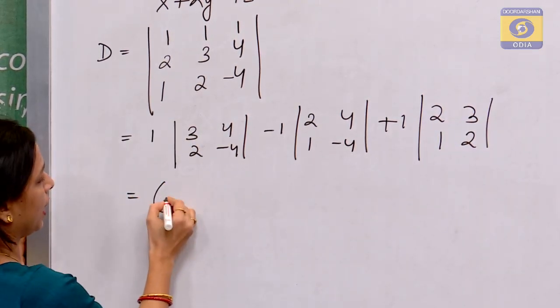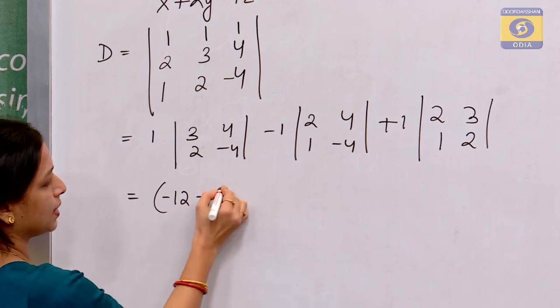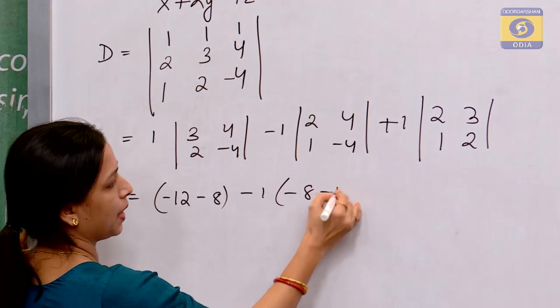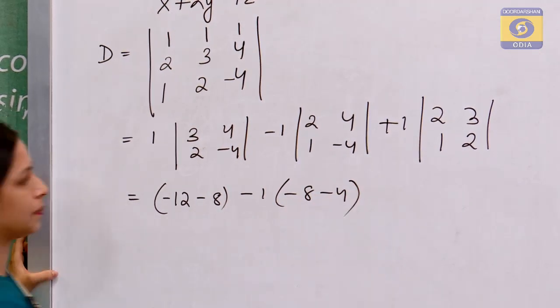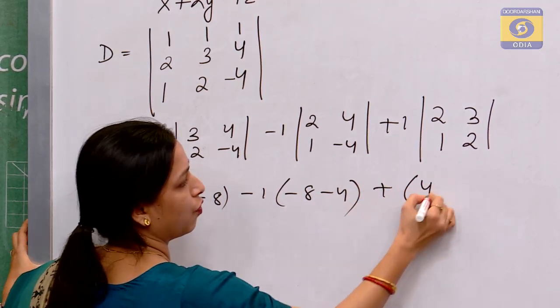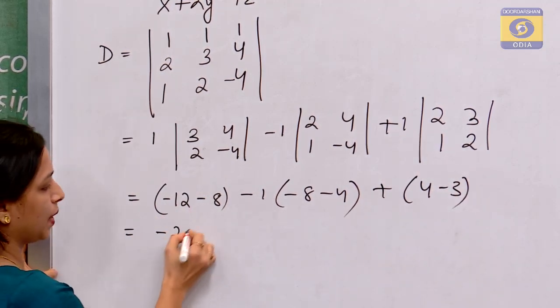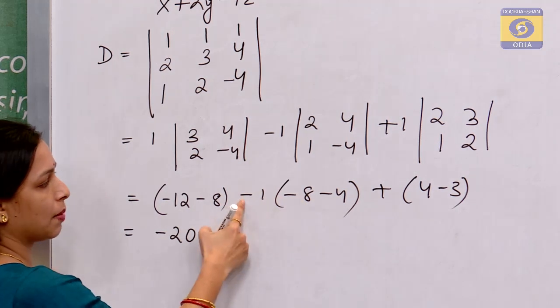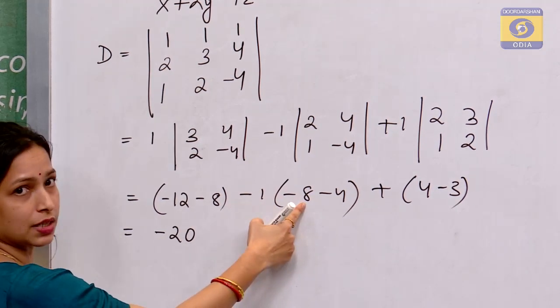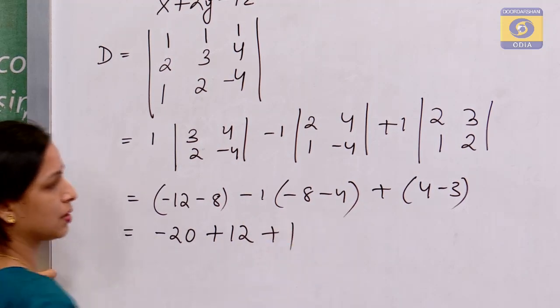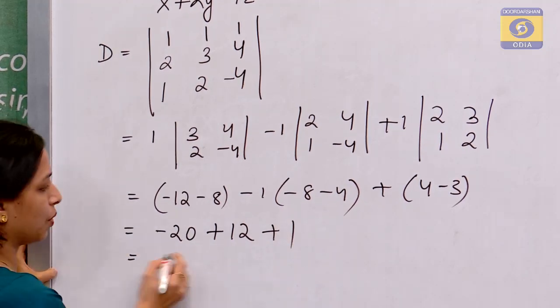Now, we get minus 12, minus 8, minus 1, this is minus 8, minus 4, right. This is 4 minus 3. So, here we get minus 20, this will become minus and minus 12, so this will become plus 12, right, and this is plus 1, right. So, the value is